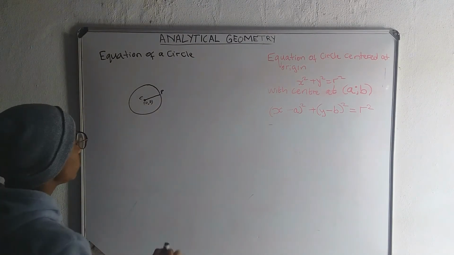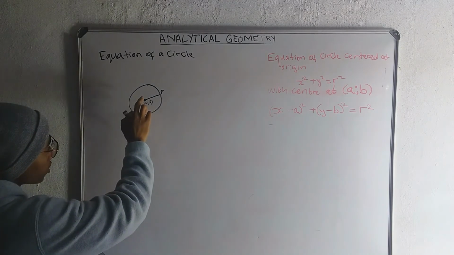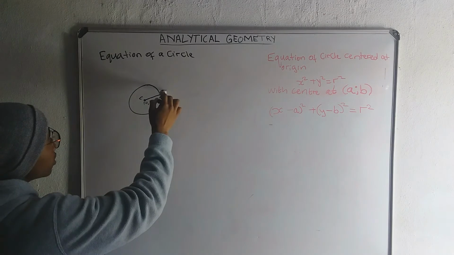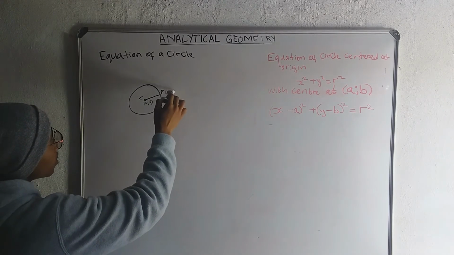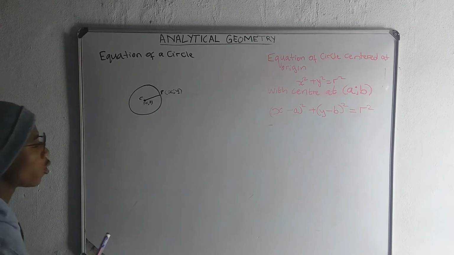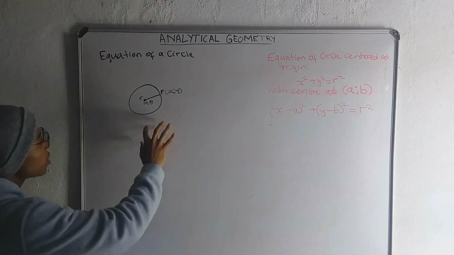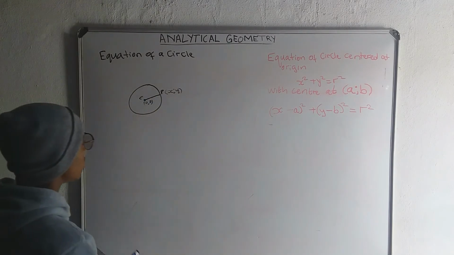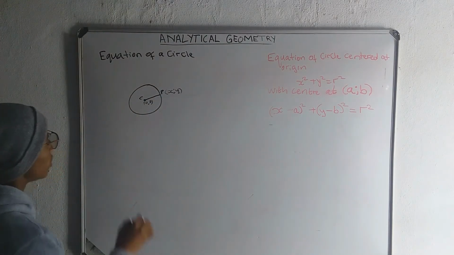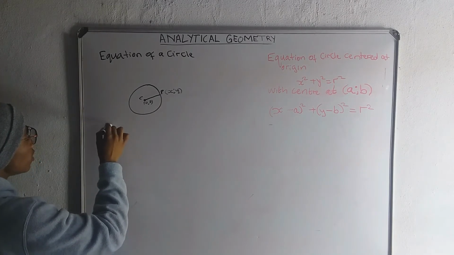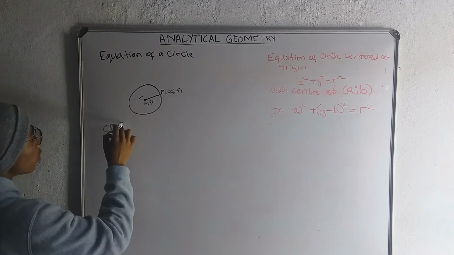Because our circle is centered at point C, or the origin, and then our point P is (x, y), right? So to do that, we calculate the distance between point P and point C. And what is our distance formula? So distance CP equals root of